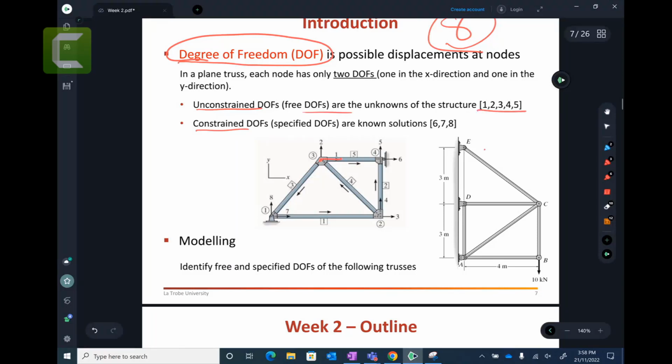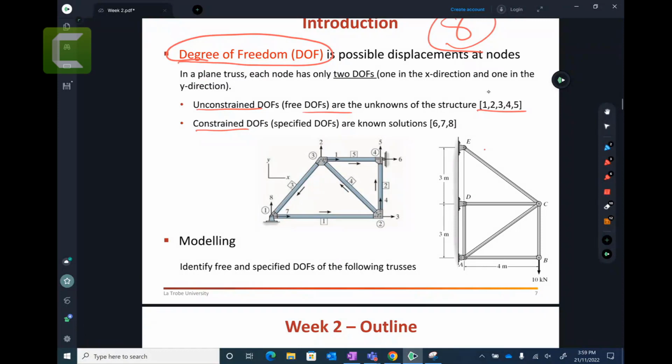So 1 and 2, right? Because it is free. 3 and 4, because it is free. So the lowest numbers of the degrees of freedom, the numbers 1, 2, 3, 4, the starting point, you need to put with the free ones. Of course, you can put 1 and 2 here because both are free. There is no issue. You can put 3 and 4 here. There is no issue. But of course, all the smallest degrees of freedom, you need to put with the